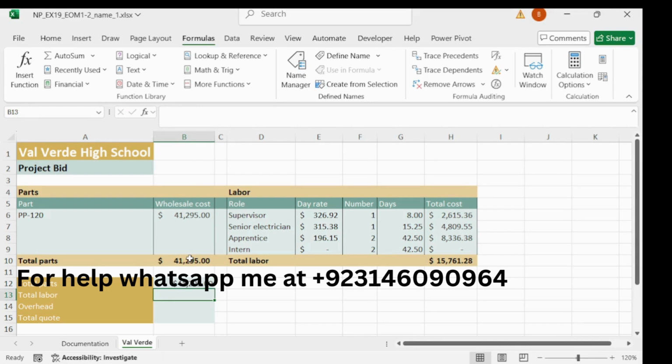And in cell B13 add a cell reference to the value of cell H10. This is H10. Click on it and then press enter.